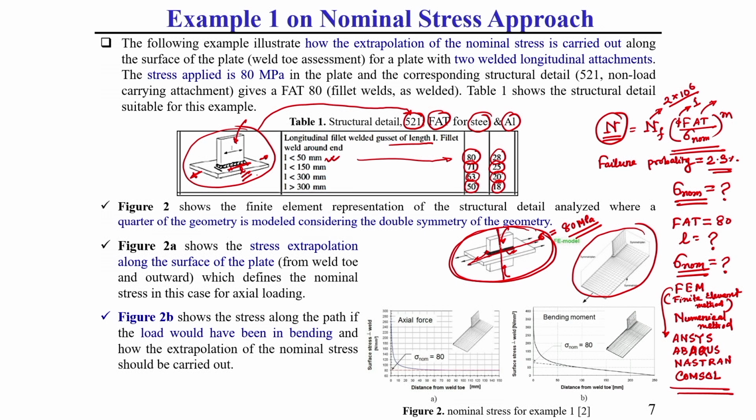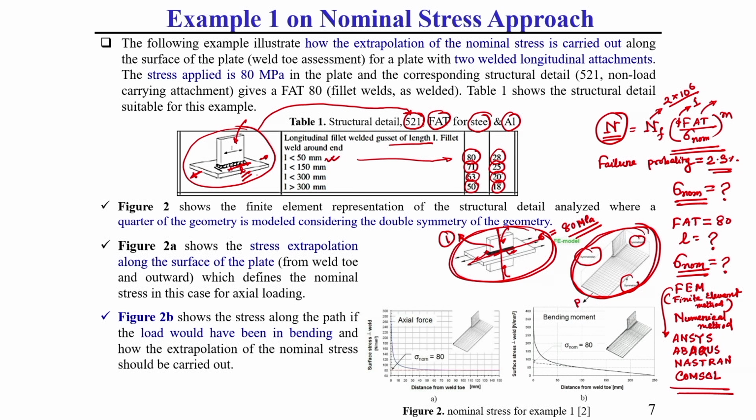That means, let us consider this portion I am taking. So, this portion 1 we need to model in this finite element software, and after that we need to use the symmetric boundary condition. Here on this side a symmetric boundary condition, and here another symmetric boundary condition will be there. This symmetric boundary condition is generally available in ANSYS software itself. Once you practice it, you can easily get the idea. Then after that we need to apply the load. Here the load amplitude is given as 80 ampere.